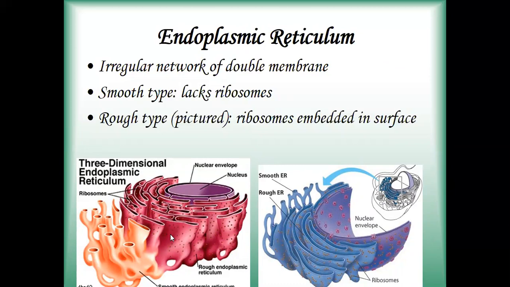Now there are 2 types of endoplasmic reticulum: smooth endoplasmic reticulum and rough endoplasmic reticulum. Smooth endoplasmic reticulum lacks ribosomes. Here in this picture, you can see that in this part, there are no ribosomes present. Ribosomes are the small, minute, round structures. Whereas on the rough endoplasmic reticulum, you can see numerous ribosomes present on it. These are round, small bodies all over the rough endoplasmic reticulum.